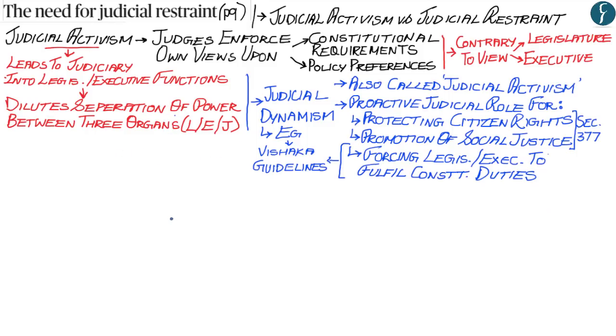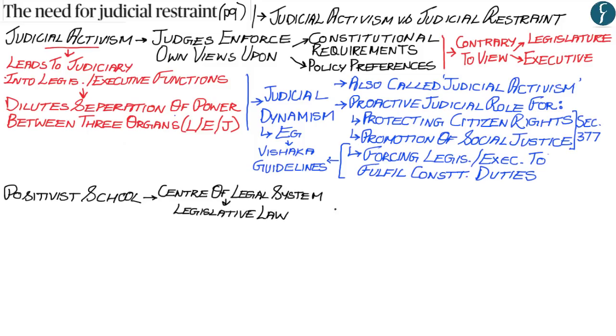So now hopefully up till here you've understood what judicial activism is and how it has been defined differently as judicial dynamism. Now let us understand the political thoughts highlighted by the author with regards to the difference between judicial activism and judicial restraint. According to the author, within the positivist school of thought, the center of gravity of the legal system is the law which has been made by the legislature. What this means is that lawmaking is not the job of the judges, but of the legislature.